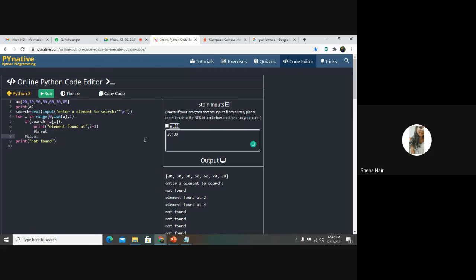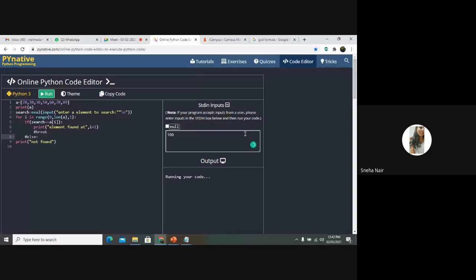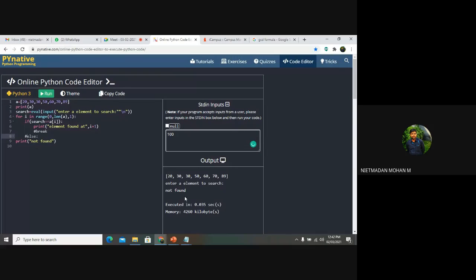Sir, why is not found printed before the result? Okay, sir.